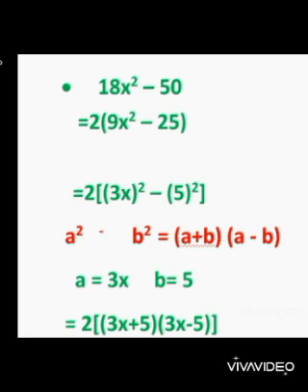So let us consider a value as 3x and b value as 5. And let us substitute a and b value in this identity a plus b and a minus b. So you will get 3x plus 5 into 3x minus 5 into 2. Okay. So children, in this video I have explained 5 sums. So copy all these 5 sums in your notebook. Based on today's sums, I have given similar sums as an assignment. So complete that assignment. In the next session, we will discuss a few more identities.